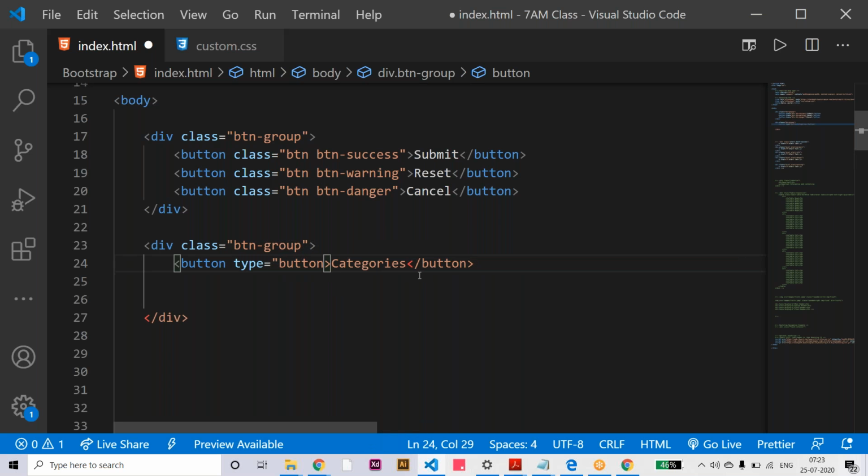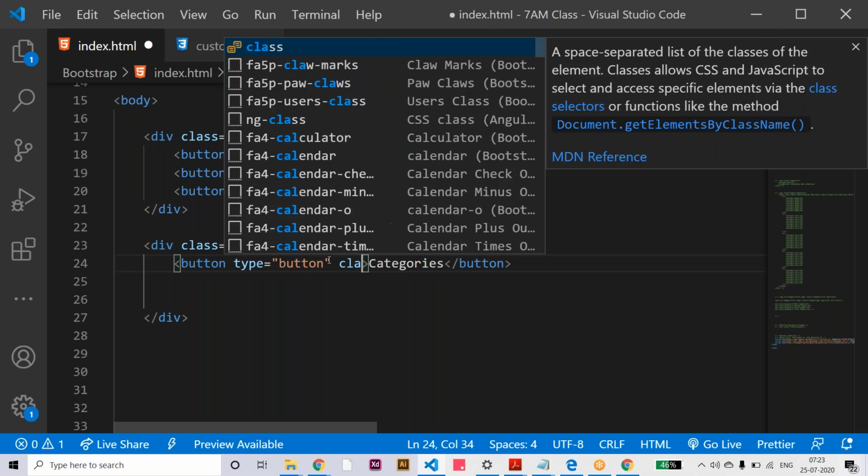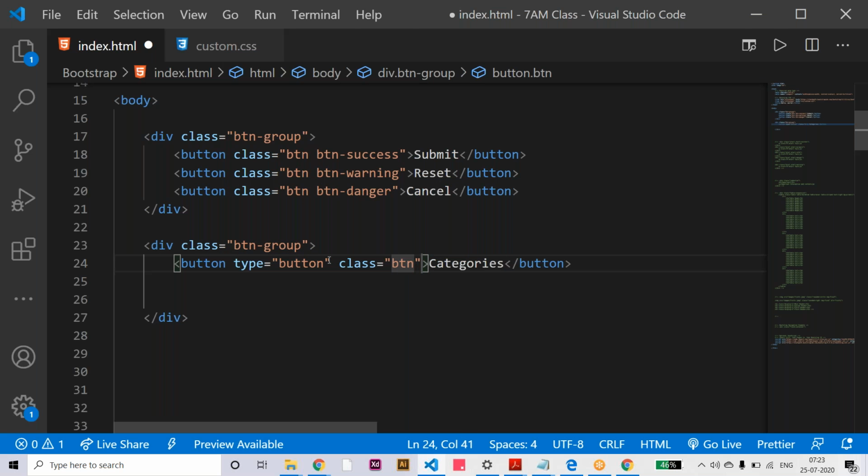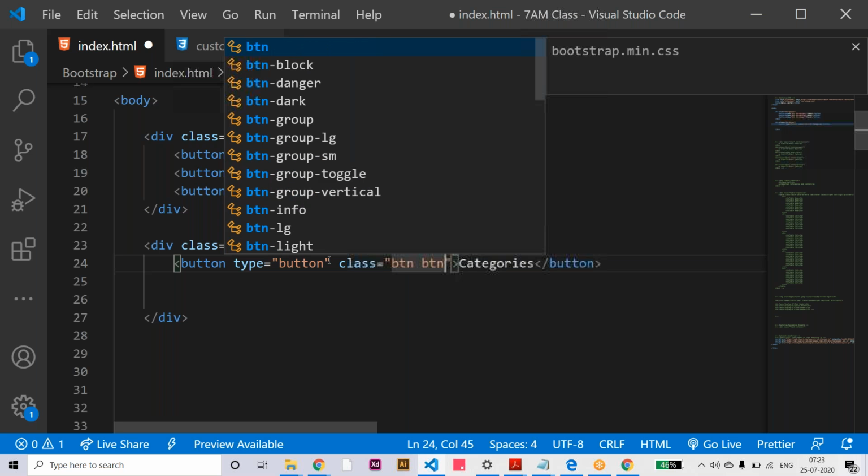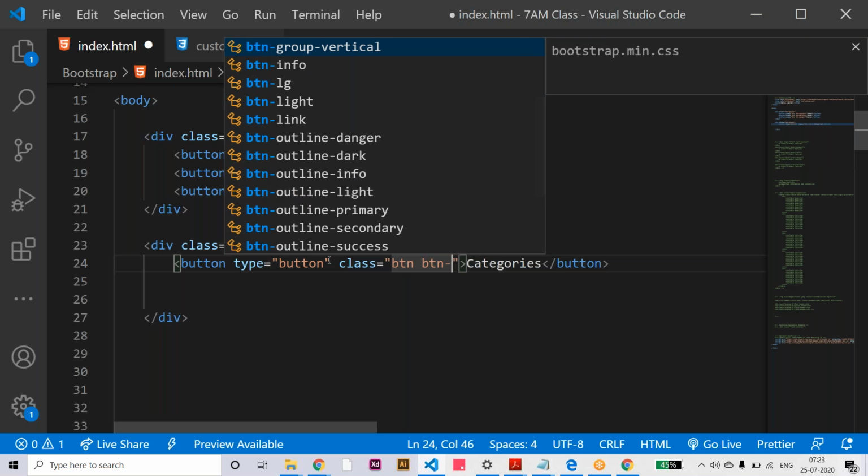So let's say button classes here for the button. Class is equal to, let's say, btn and btn-success or some other class.